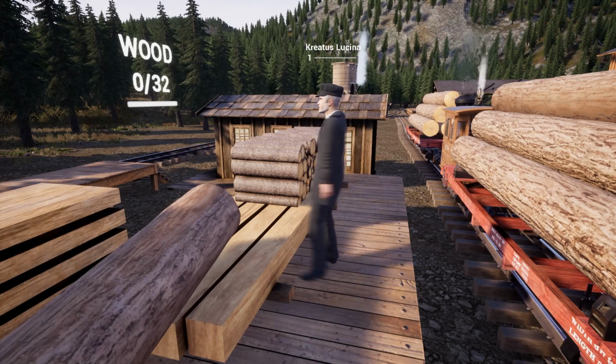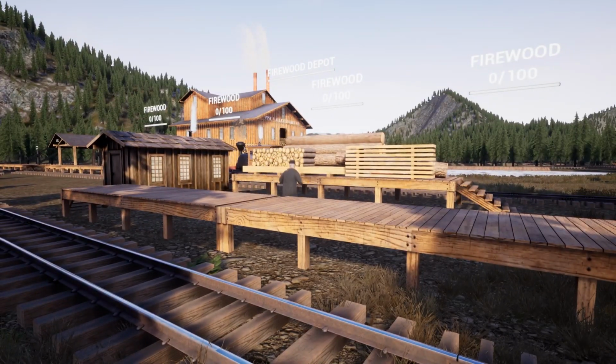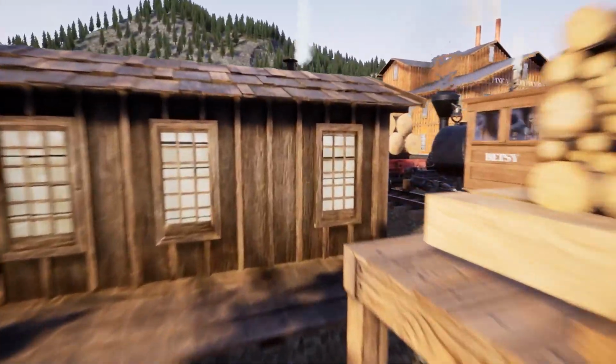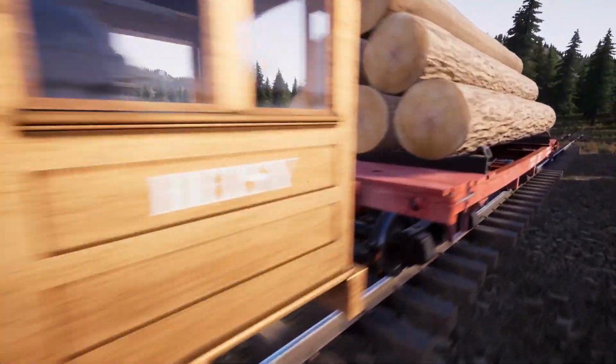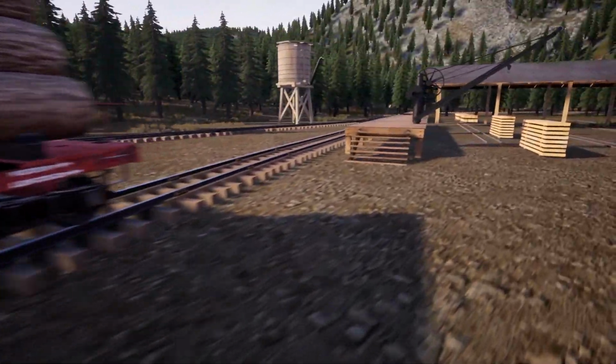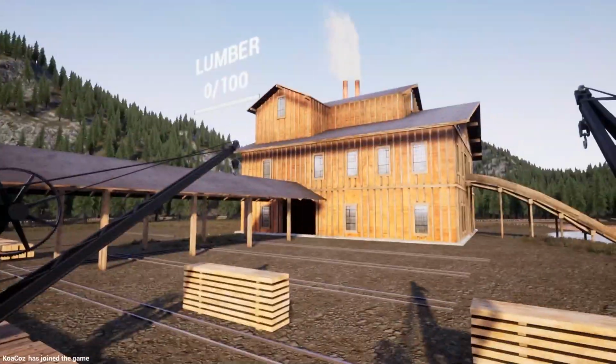Well, isn't it you load them on the other side? You put them here? No, I think on this side is where you pick up the firewood for your train. Somehow you have to be able to restock your train. There's no interaction points for anything. I know. Over here, you grab these cranes and they unload for you. But